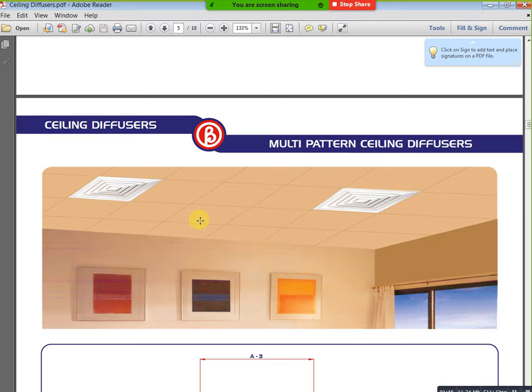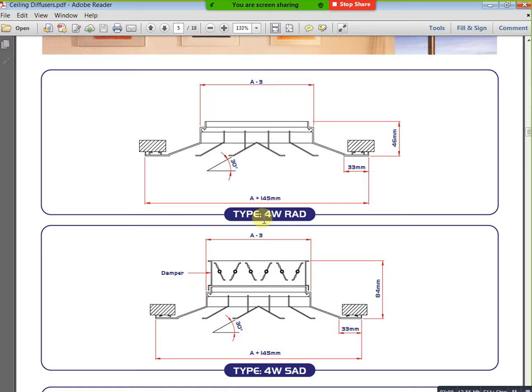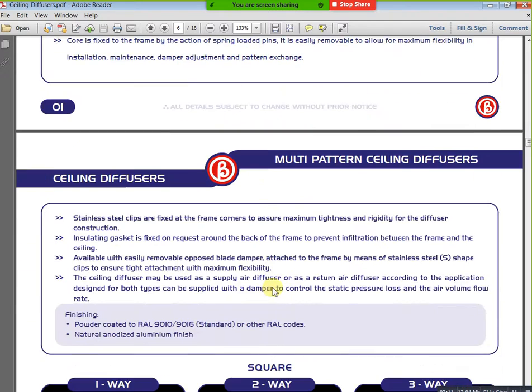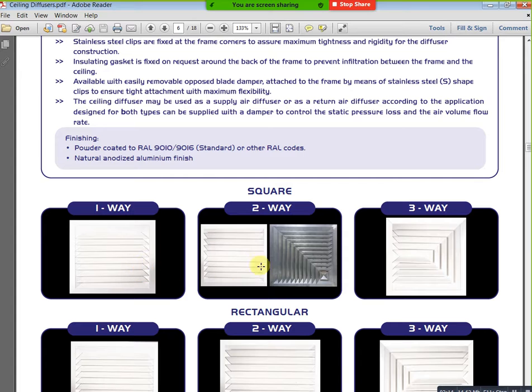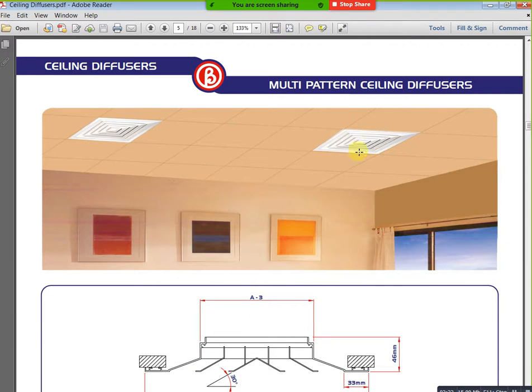Whichever company, like if you are the consultant company, that condition, or you are the contract company, that condition, we have some vendors like for diffusers, wall VAV, and dampers. We know some vendors, and those vendors will send a catalog. In that catalog you will get this data like supply ceiling diffusers, and you will get this information also like 4-way. For example, you can consider this is a one-way diffuser, this is a two-way diffuser, this is a three-way diffuser, but here we have this four-way diffuser, four-way is available.